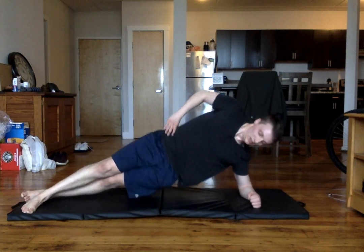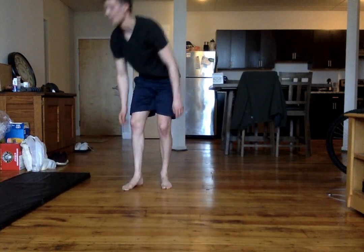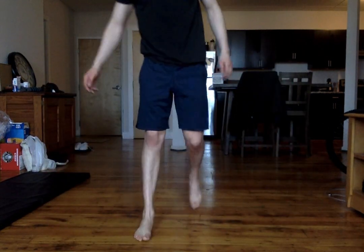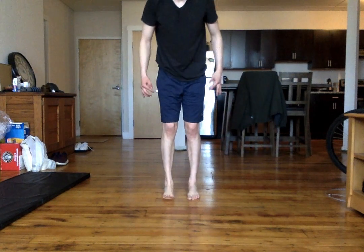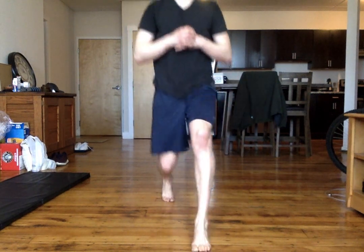11, 12. Then 2 more on here. Be a lovely surprise for the 3rd round. Let's see. Right leg stationary now. Toes facing straight forward. 1, 2. 12 total here. 3, 4,